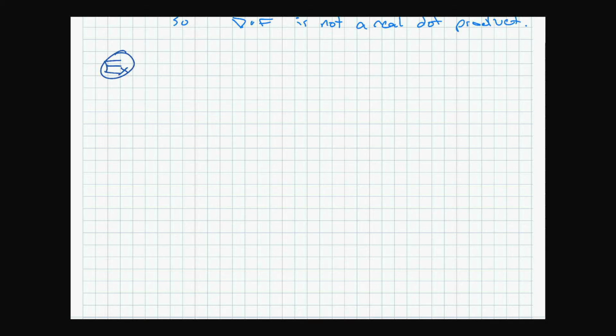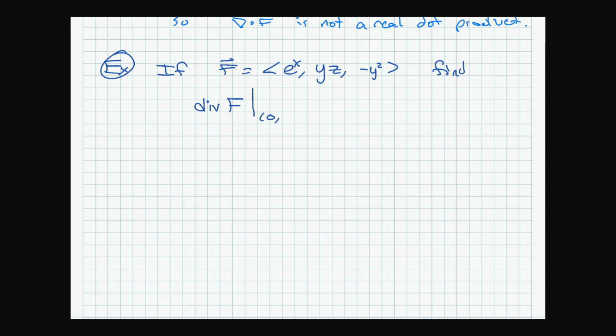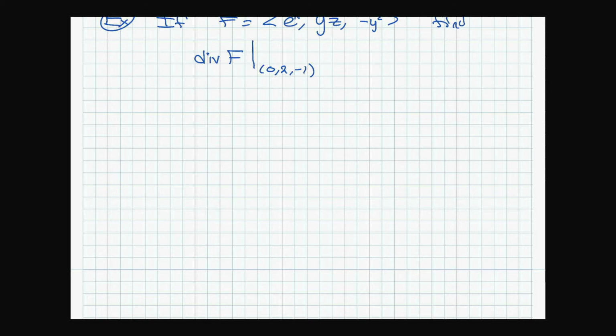So let's just say F equals e to the x, yz, negative y squared. Find divergence F evaluated at 0, 2, -1. And so they ask for it evaluated at points sometimes, not always. But I am on this one. So what would we have to do? So, first just compute divergence F,